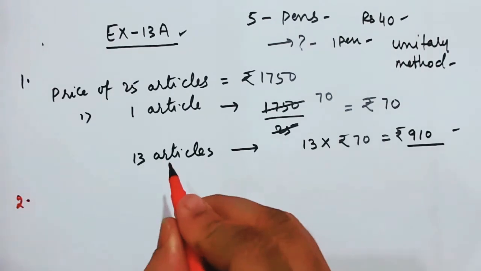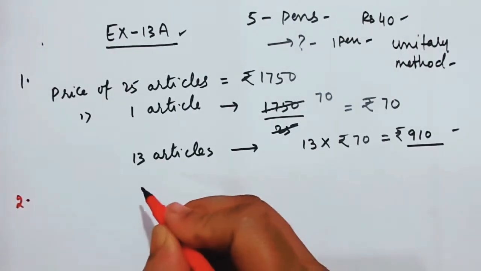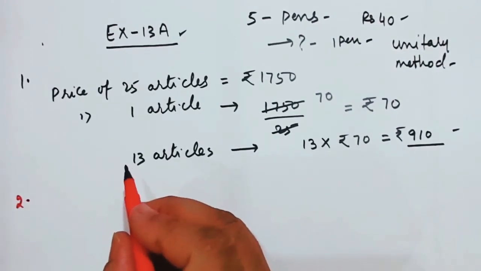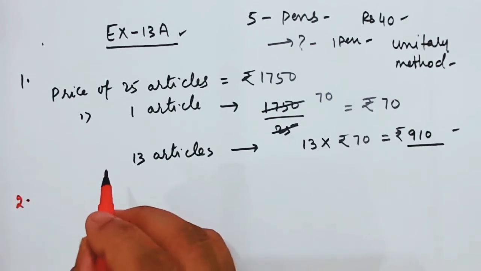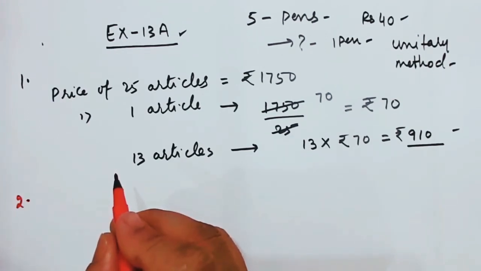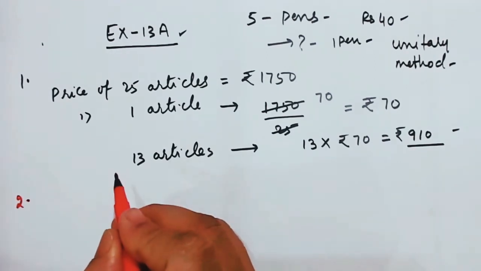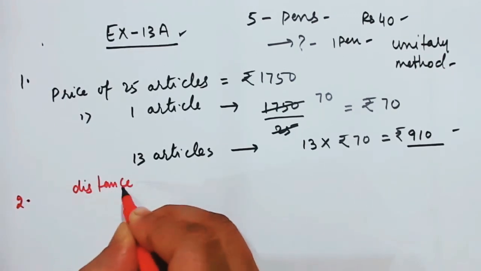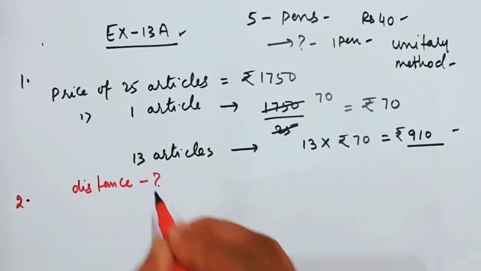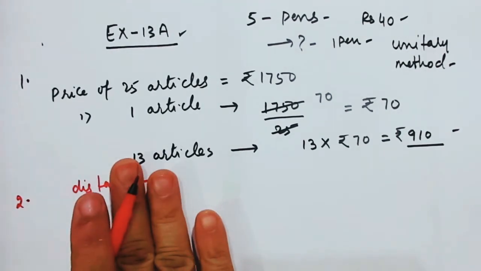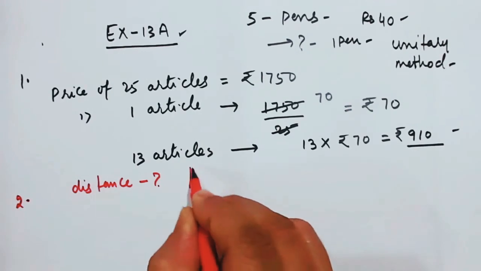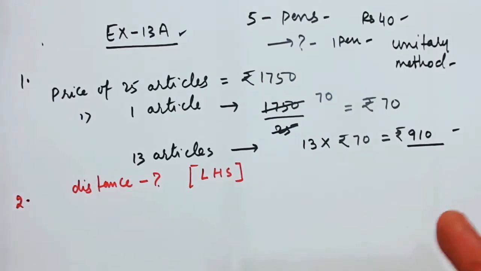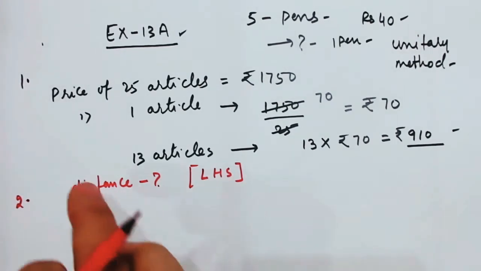A motorbike travels 330 kilometers. The most important thing that you people need to understand is this: a motorbike travels 330 kilometers consuming 5 liters of petrol. Now how much distance will it cover consuming 1 liter of petrol? So they are asking you the distance. And when they are asking you the distance, naturally this distance should be on the left hand side, because we find the value on this side only, isn't it? So our language should be such that my distance is on this side.